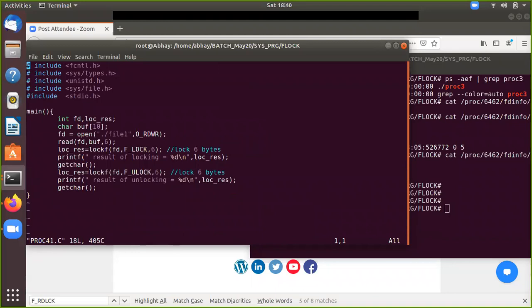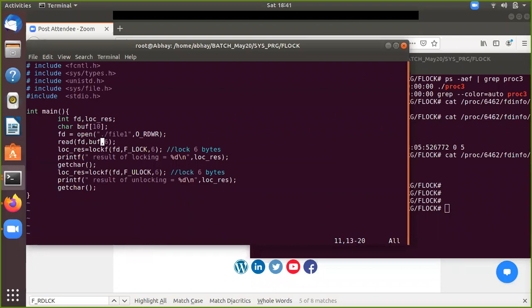So what we're going to do here is, in this program, say we have a buffer of 10 bytes, and then we are going to read 6 bytes, and then we are putting a lock and then unlocking it. Okay.